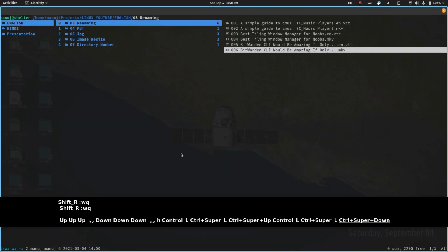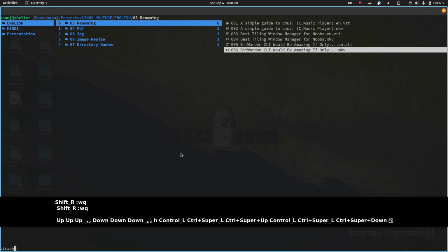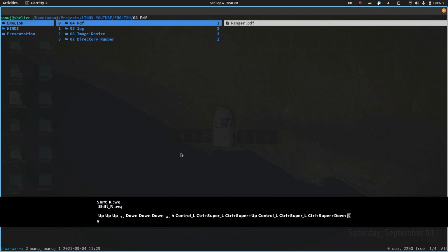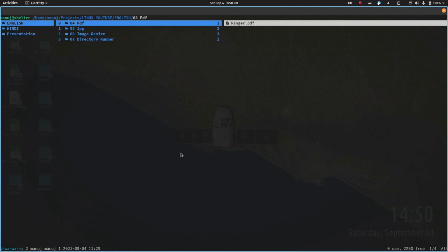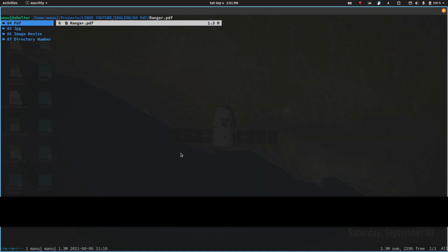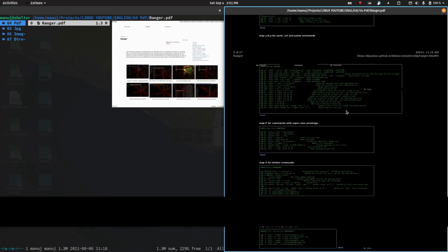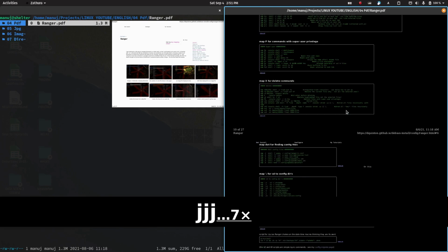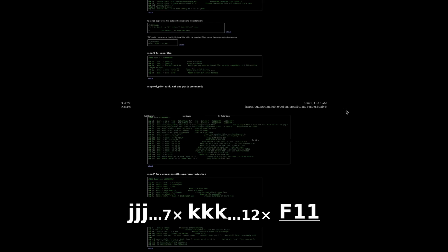Okay. Now let's move on to some operations on PDF. Let's say for example you're writing papers, you are doing some research, you are collecting notes. So how easy it is to do that inside a command line interface. So I have this file called ranger.pdf. I'm opening it with Zathura, and you can go up, you can go down, you can go full screen,